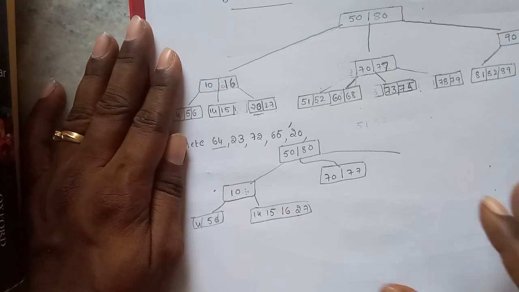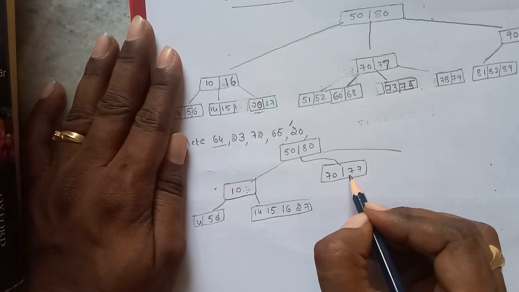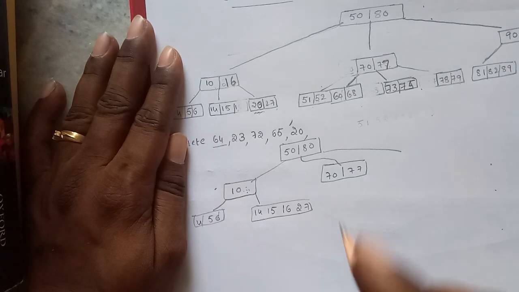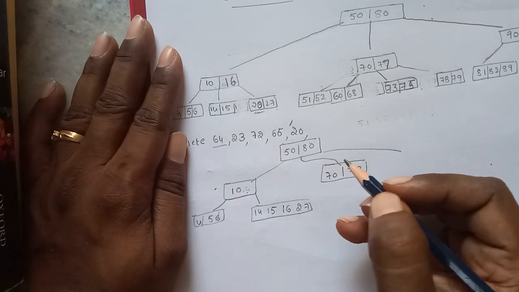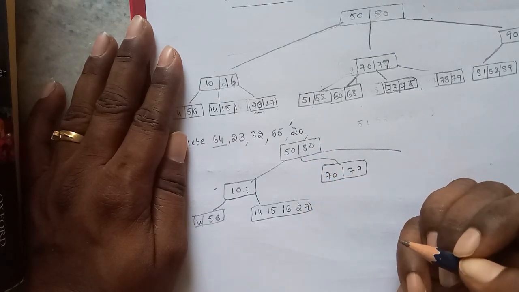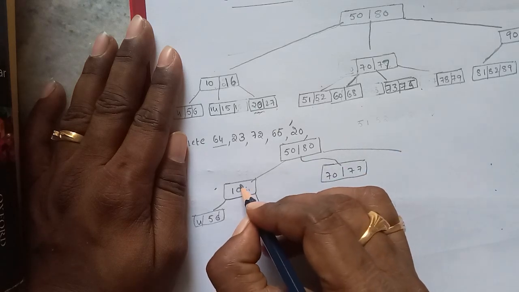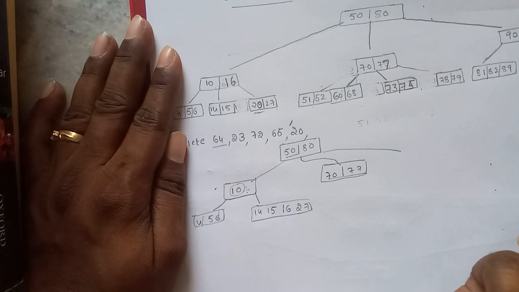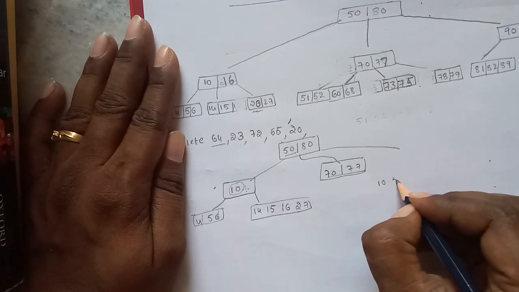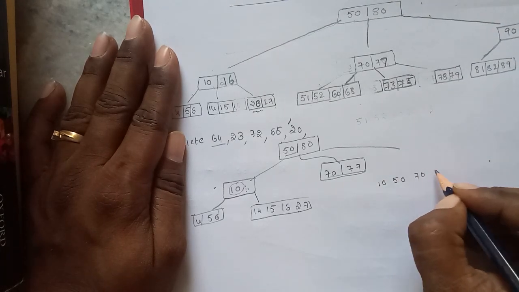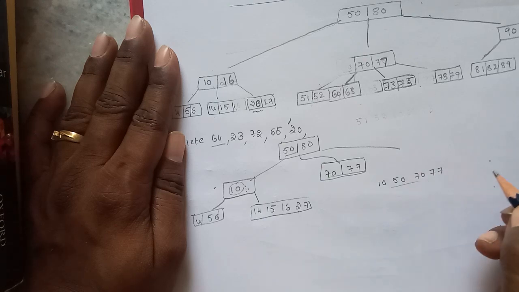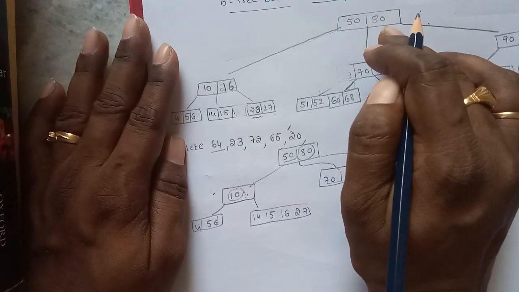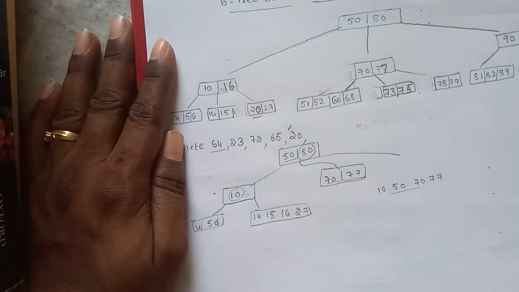For 80, the right subtree is as it is. Now the right sibling also contains 2 keys. Then what to do again? Perform merge operation. So by performing merge operation, these 10, 50, 70, 77 become one node. And the root contains 80. So the root can contain at least one element also.